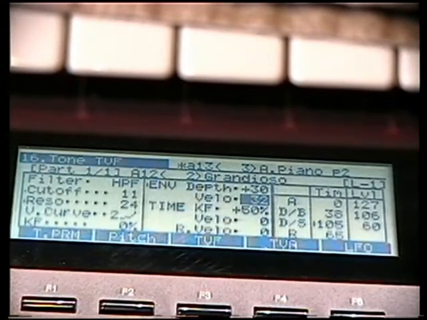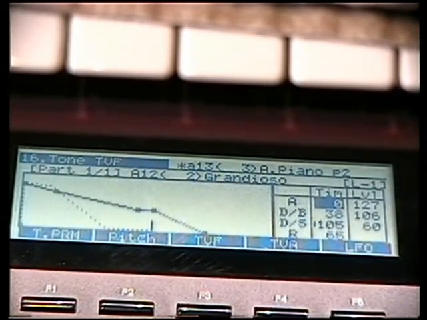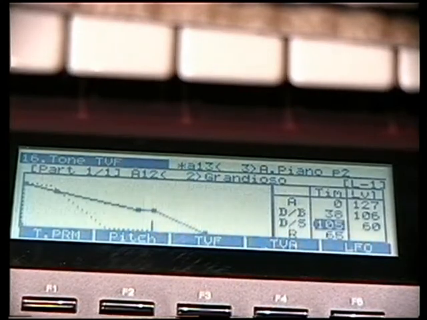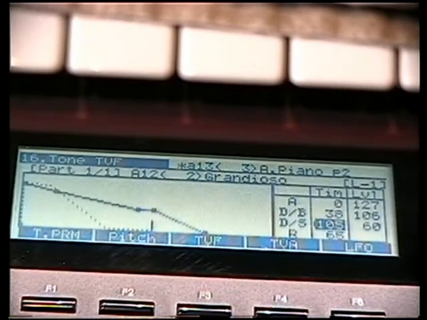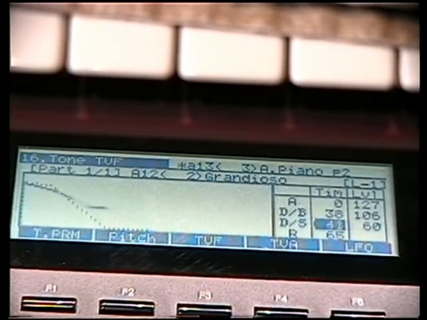And then when you go into this window here, you have a graphic representation of the envelope, and it's an expanded envelope with 2 sustain and 2 decay parameters. So you've got the first decay time and the first sustain level, and then you got the second decay time and the second sustain level. So as I adjust this here, you can see how the envelope graphically changes, and then your